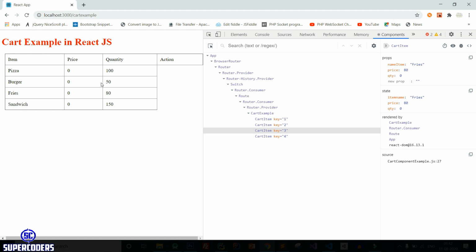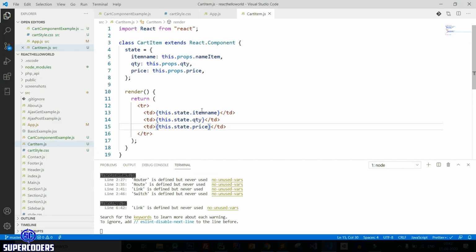Now let's do changes in our action. So back to here, then adding one more thing, 2 buttons which will increase items in our cart. So let's do it.